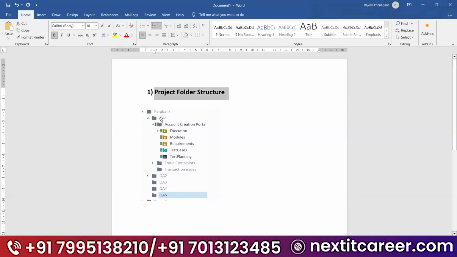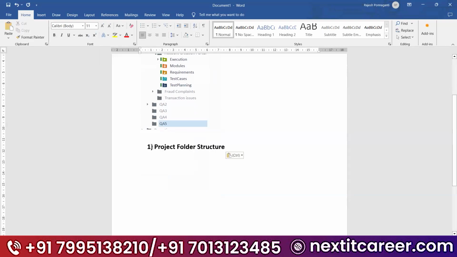Next one. What is the second one we have? Second one, we have the module folder structure. Okay. So third one, we have the test case folder.